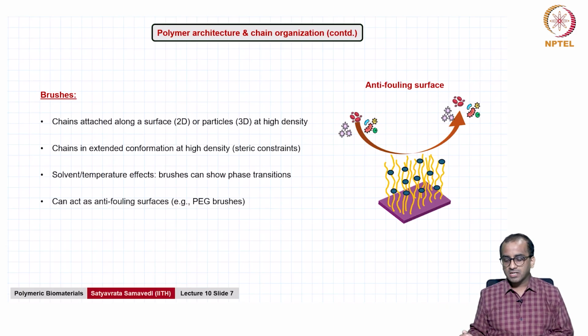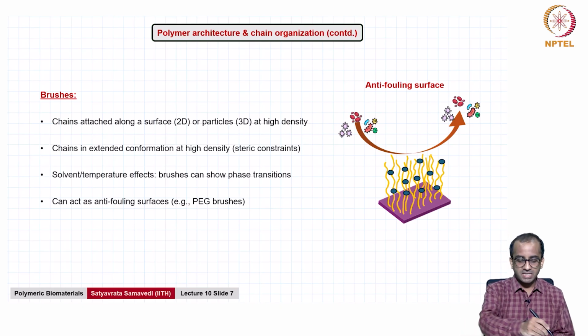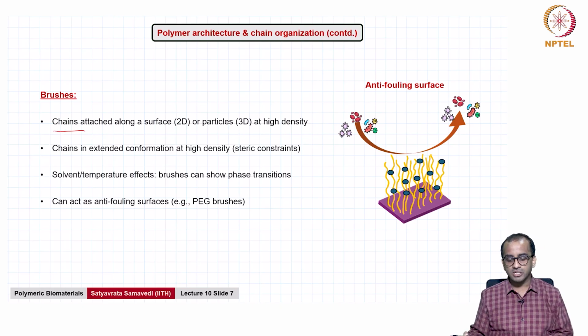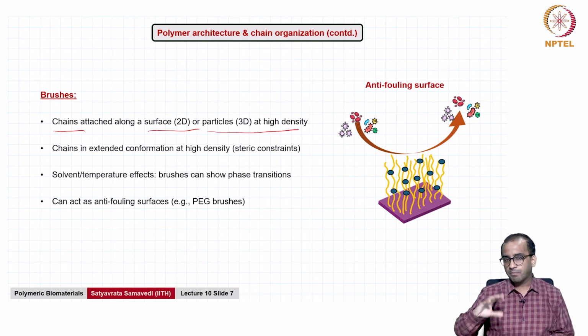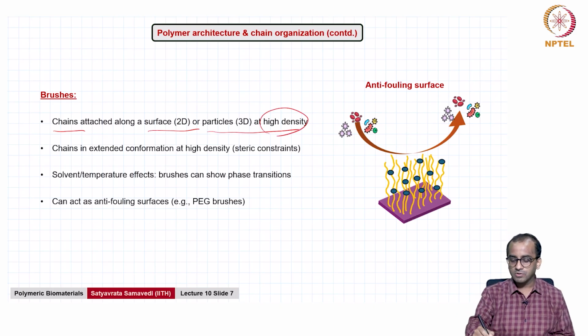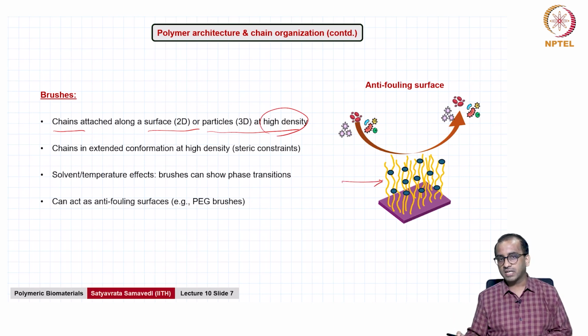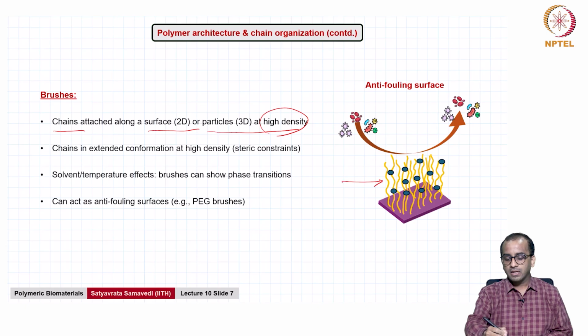Polymeric brushes are essentially chains of polymers that are attached along a 2D surface or particles at very high density. So, if they are on a surface, you can largely think of them as a 2D surface onto which these chains have been attached or grafted. If there are particles, you can have a particle functionalized with these chains